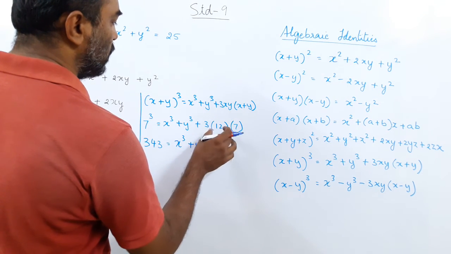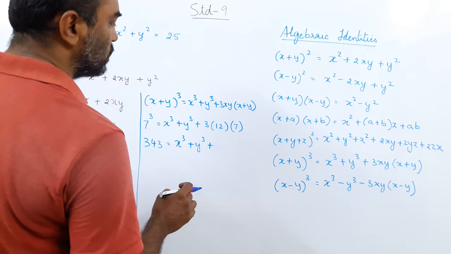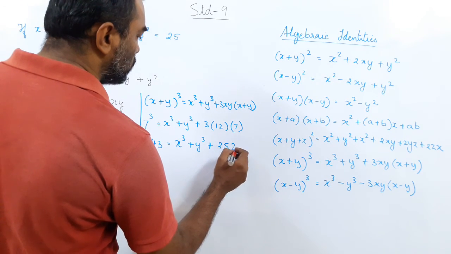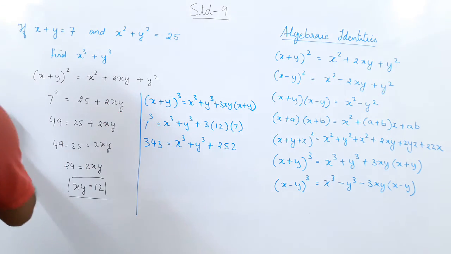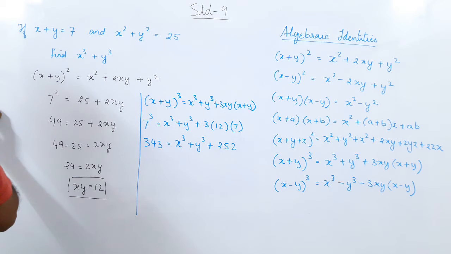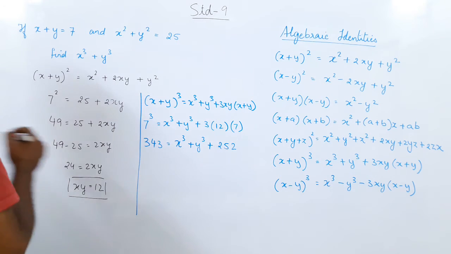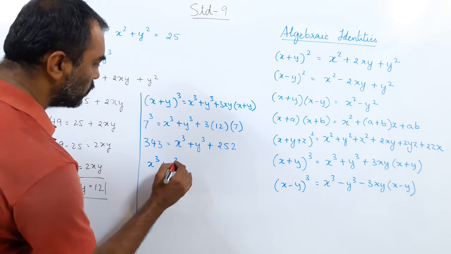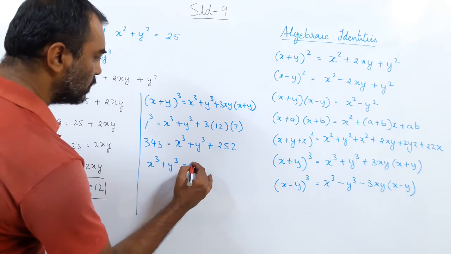7 3s are 21. 21 into 12. How much is 21 into 12? 252. Just check it out. Multiply and see. 21 into 12. Yes, 252. So x cube plus y cube will give us